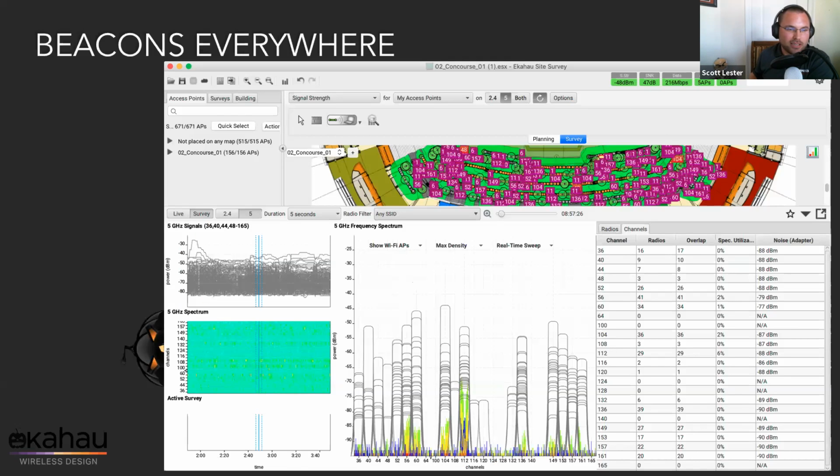Yeah, and keeping along that same thread, you'll see on our next slide here an Ekahau depiction of a professional football stadium here in the United States. You can just see the massive numbers of access points showing up on that scan. To touch on your point earlier about the number of beacons you can see in the stadium, there's been some testing done. I believe it was in the Aruba documentation on stadium design, where a device was placed at one end, probably 130, 200 meters away from an access point broadcasting at its lowest power, and we were still able to see that signal coming from that access point.